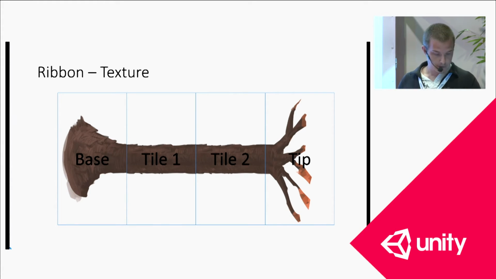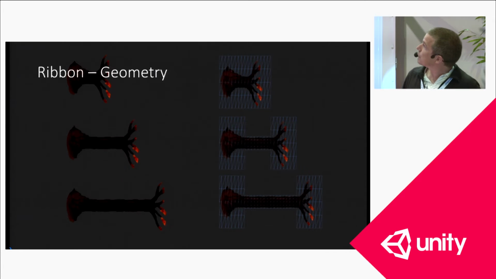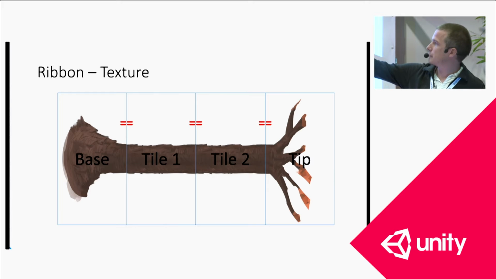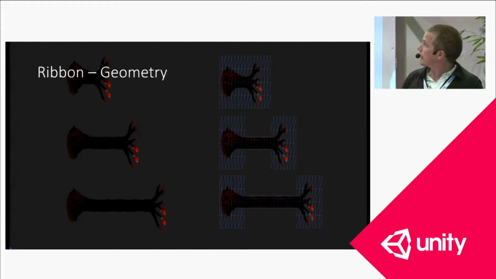This way, if you want a very small tree, you only take 1 meter, for example, and it will match all the tiling. So the base matches, obviously, with the first tiling, but also with the second tiling, also with the tip, and same thing for the tip on the other side. So this way, if you need a small branch, then you take only part of the tiling, and if you need a bigger branch, then you take more tiling, and you still have the variation because it's 2 meters in total. And in between, obviously, we need to stretch, because since we have a base and a tip,